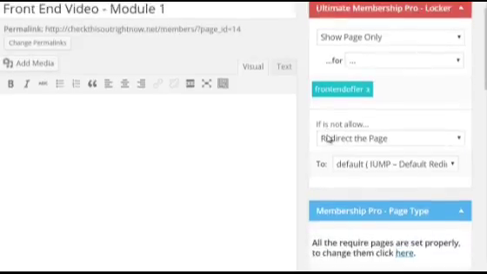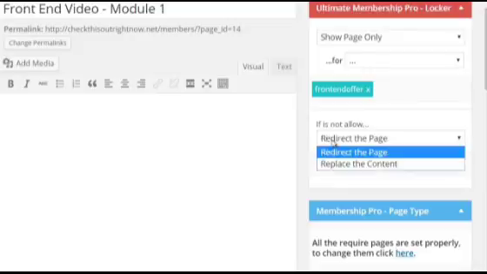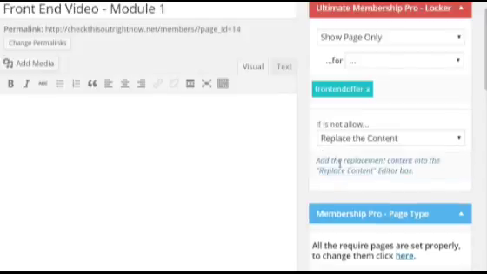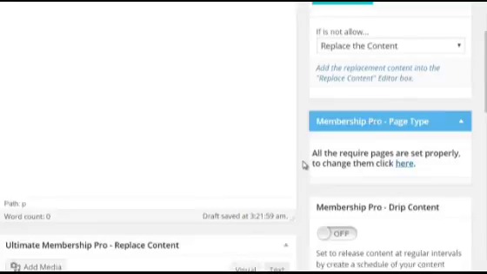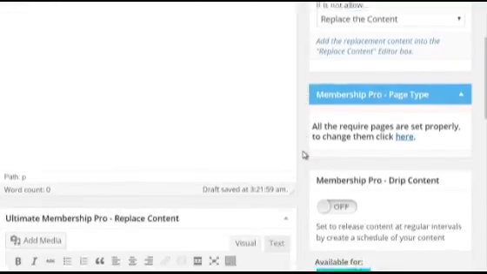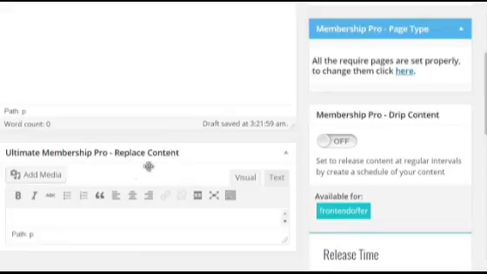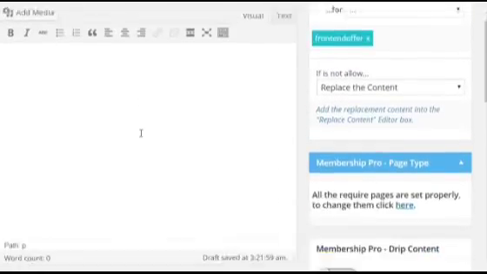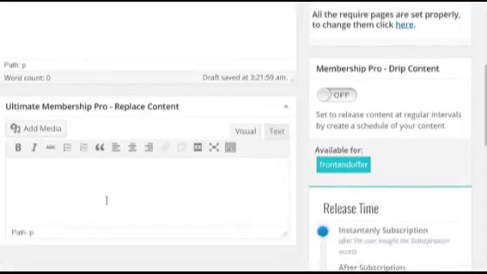And then if not, say for example somebody is not a member of this level, then I can redirect them to a specific page, or I can replace the content. And if you're wondering what kind of content I can replace it with, if you scroll down, you can see a replace content box, very similar to the box up here,